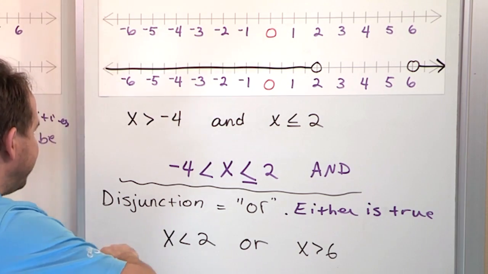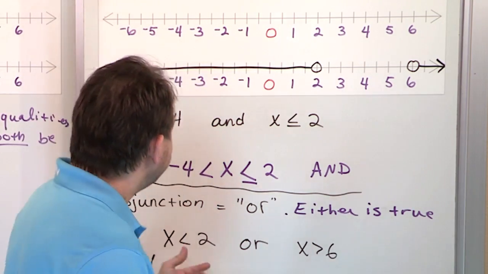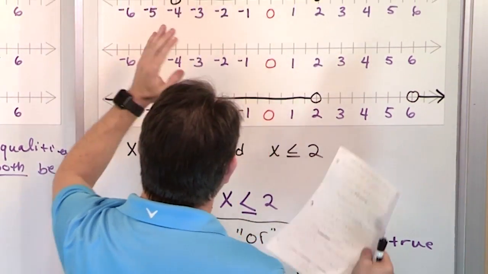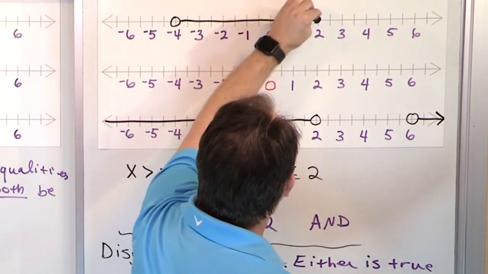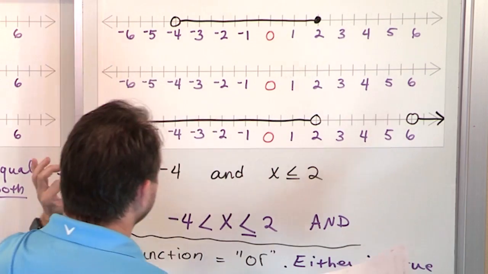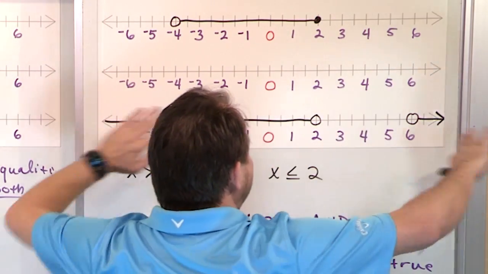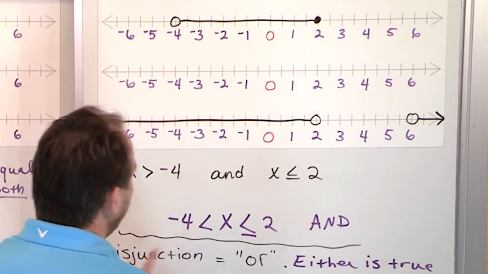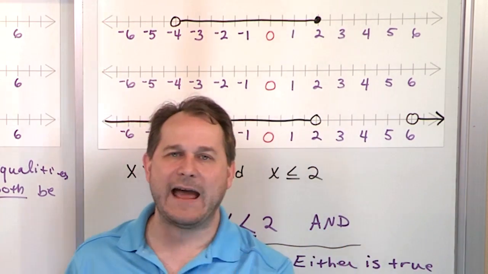So you see what happens is for the ors, you don't have a line segment anymore. For the ands, you have a starting point and an ending point and some numbers in between. That's what ands look like. Ors don't look like that at all. They're the exact opposite. It's either this side or it's this side because you can't have both of them true